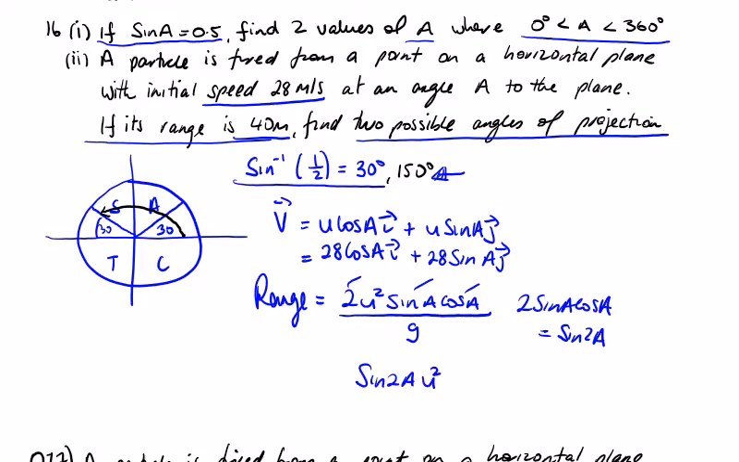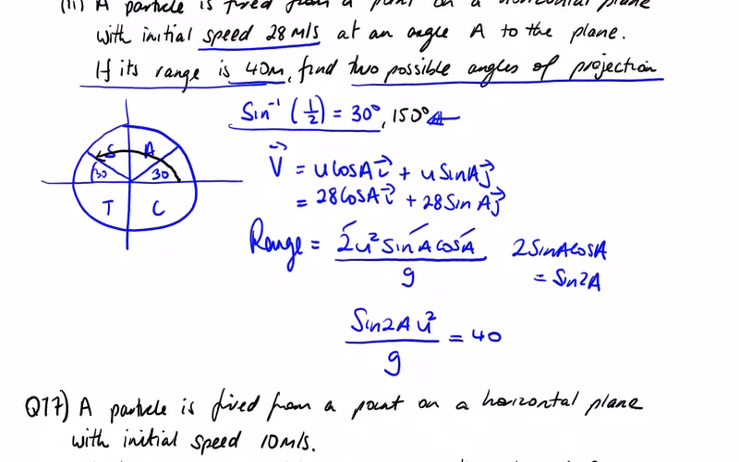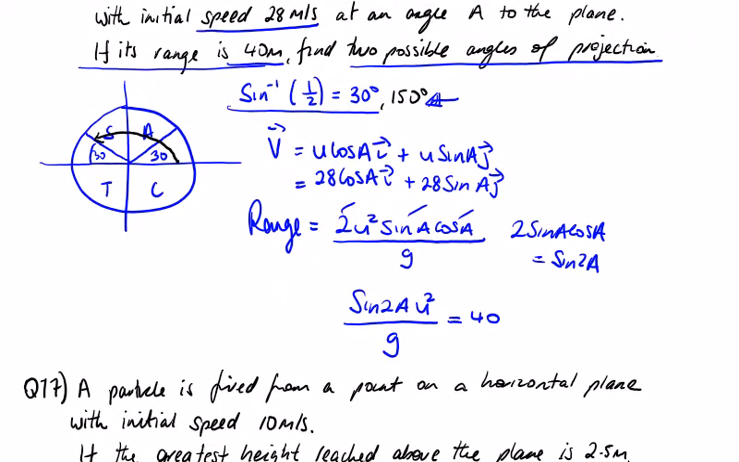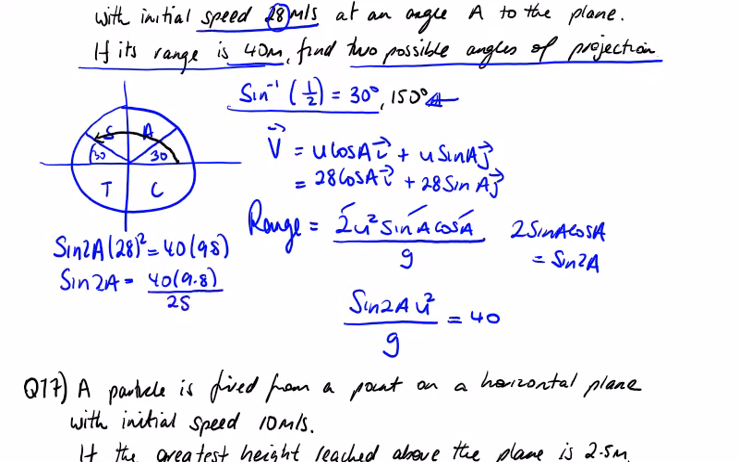by u squared over g is equal to my range, which is 40. So simplifying this out, we're going to get the sine of 2 alpha by u squared, which is my 28 squared, is equal to 40 times g, or 40 times 9.8. So sine of 2 alpha is equal to 40 times 9.8 divided by 28 squared. And that actually works out evenly. That's sine 2 alpha is equal to half,